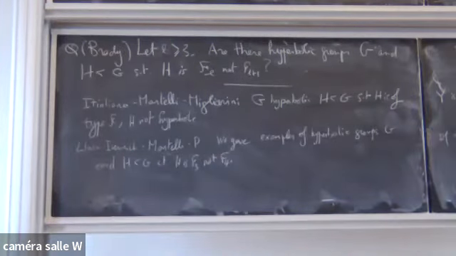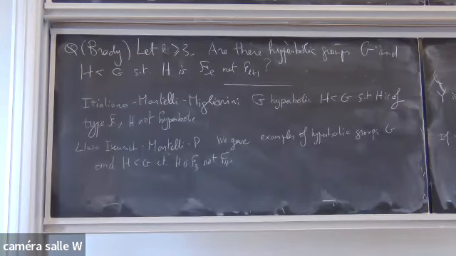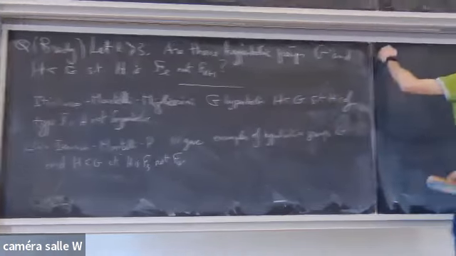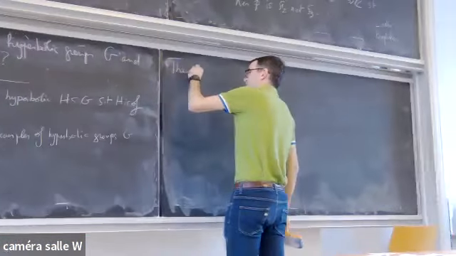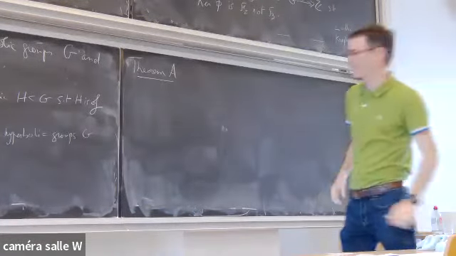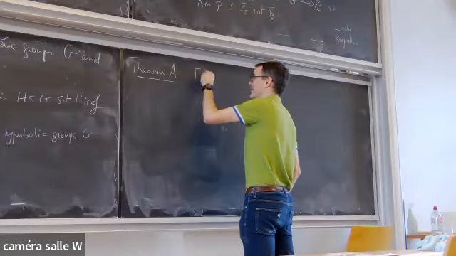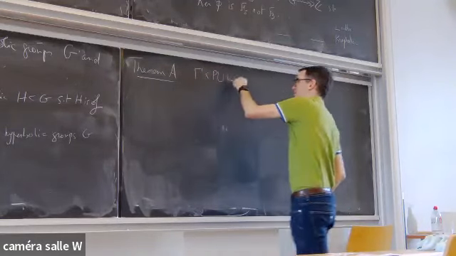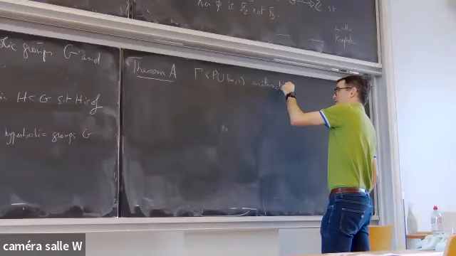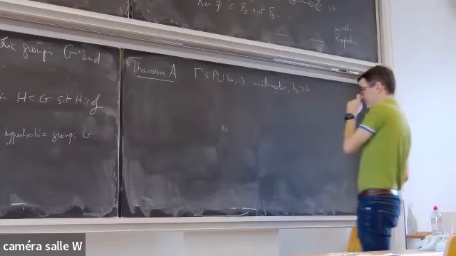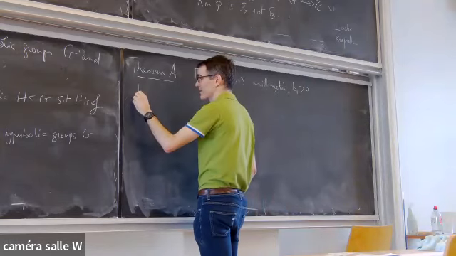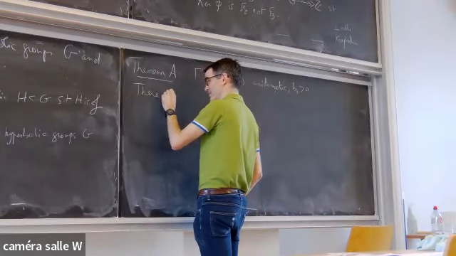And a bit later, with Claudio, we were able to answer this completely. So here is the theorem. I will go back to my notation of Gamma. Gamma is a cocompact lattice in SU(n,1), and it has positive first Betti number. And the claim is that there is a finite index subgroup Gamma naught